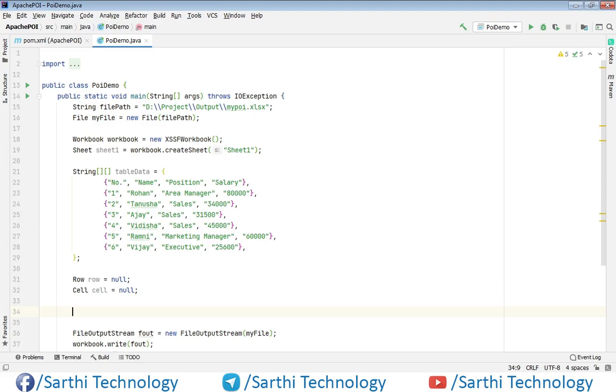Also we need to create two integer variables for the initial row and cell position of the table.